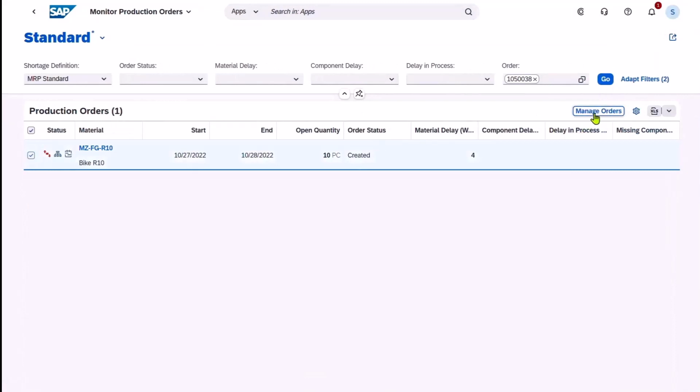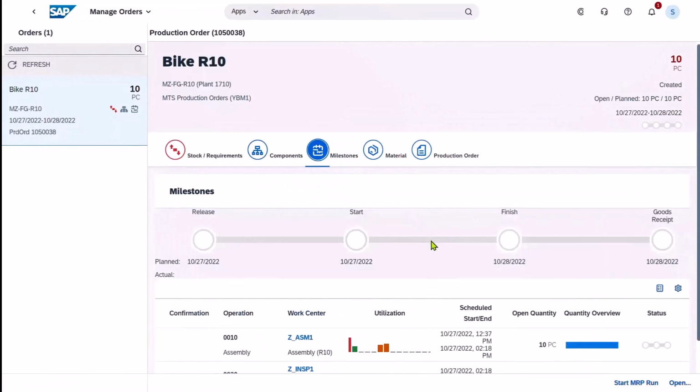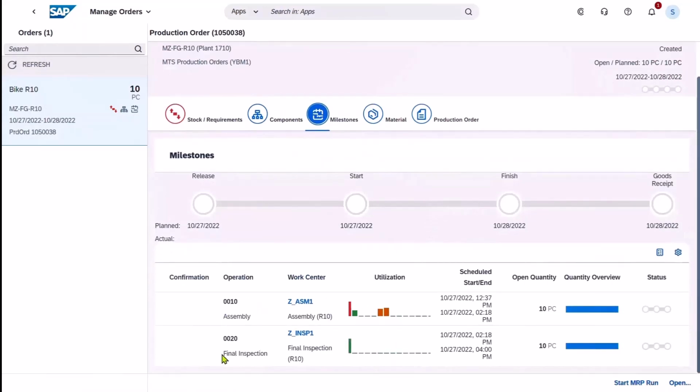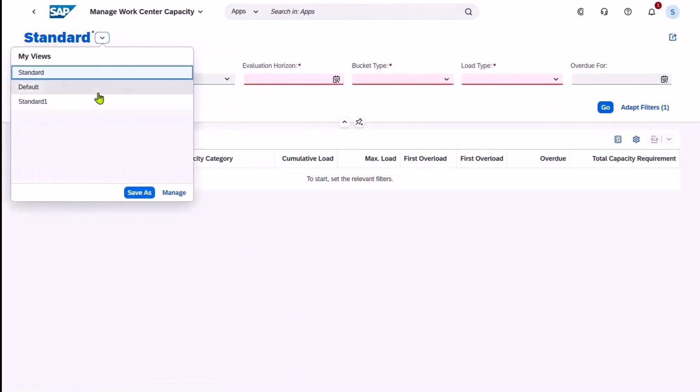Go into Details. This time I'll go into the Milestone tab. And here we can see that it hasn't started. There are 2 operations, one for assembly and final inspection, and we need to release it. But we want to see the utilization for the assembly work center. If I drill down into the details for that,